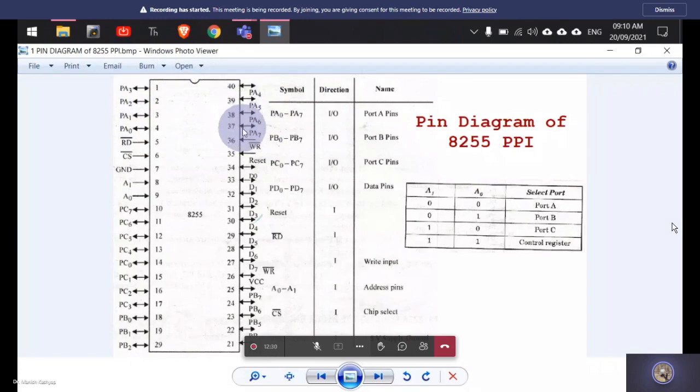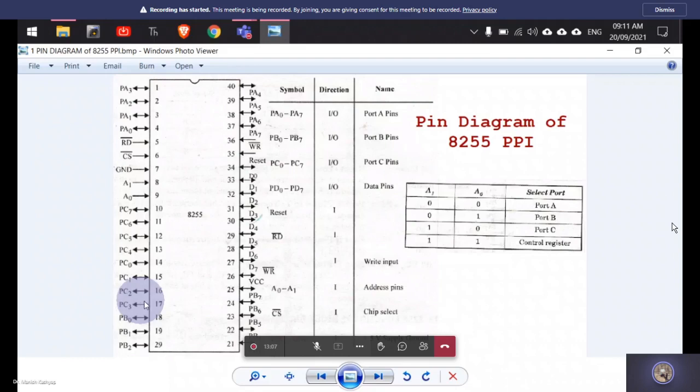Similarly, if you see this port B, then PB0, PB1, PB2, and 3, 4, 5, 6, 7. So this is your port B. So port A is to the upside, port B is to this side. Then this port C, you can see it starts from here, PC0, 1, 2, 3, and then 4, 5, 6, 7. So it's not in the order of its numbers. It is in this order. I mean, the lower part of this port is 0, 1, 2, 3, which is separated here, and the higher part is 4, 5, 6, 7, which is separated here. So this complete thing is port C.